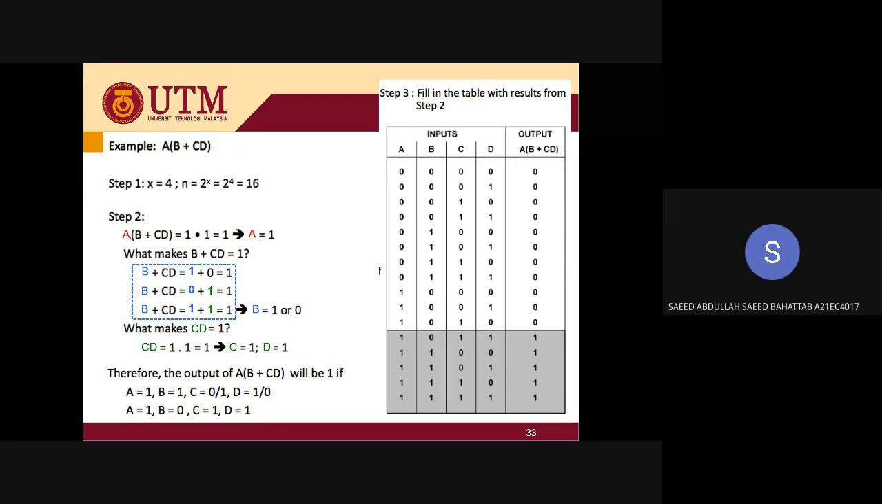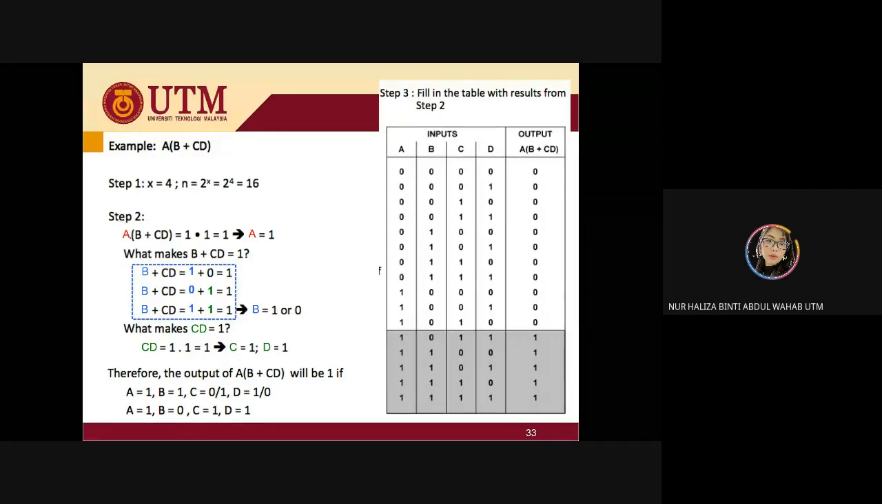Doctor, I have a question. In this equation, CD is an AND gate, right? Yes. So the output must be 1 if both are 1, right? Yes. So how come in the bottom part of this truth table, like CD in the last four,